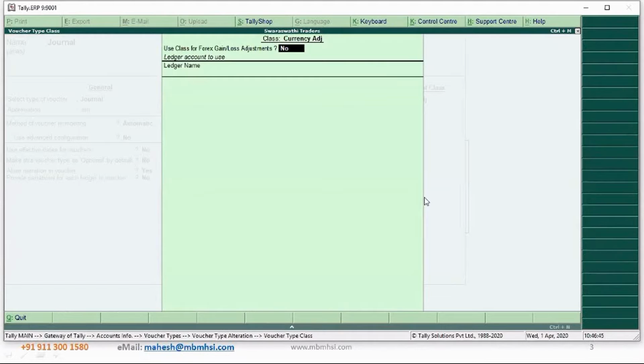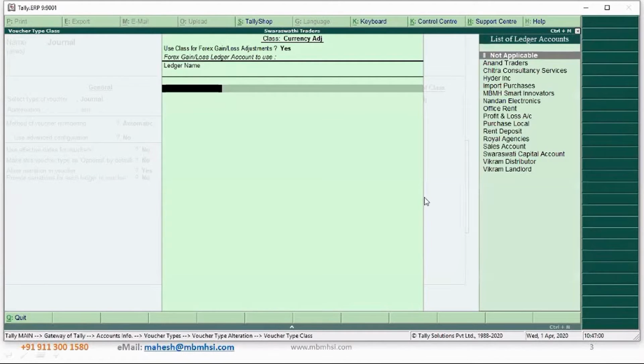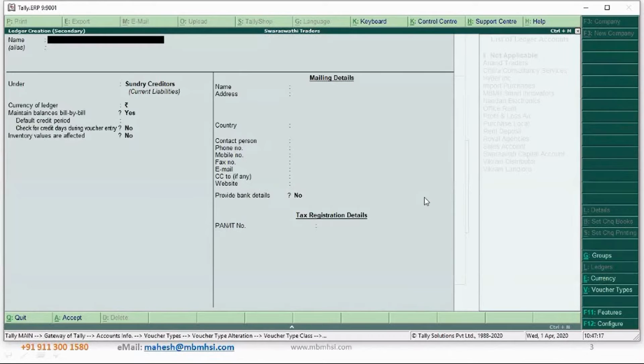Then once you click on enter, it will take you to a new screen, and there you have an option. It is asking, use class for foreign exchange gain or loss adjustment, forex gain or loss adjustment. I'm saying yes. So to which ledger does it have to be accounted? There might be a gain or loss, right? So you need to create one ledger under your expenses. I'm clicking on Alt C, creating one ledger. For example, I'm saying foreign exchange gain or loss account,